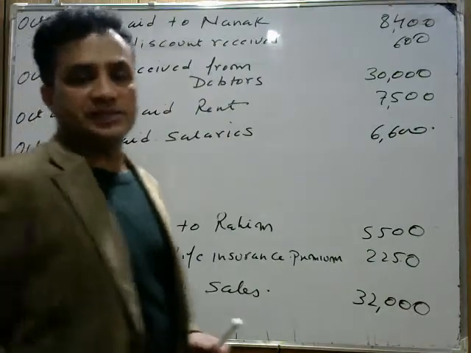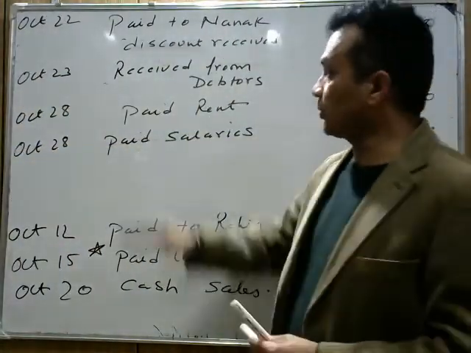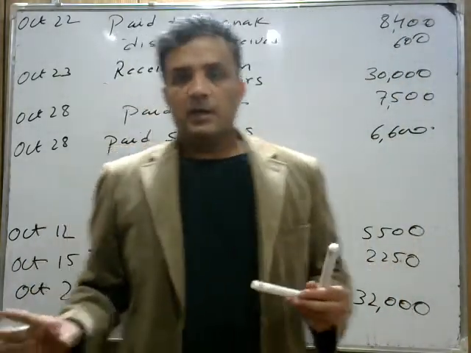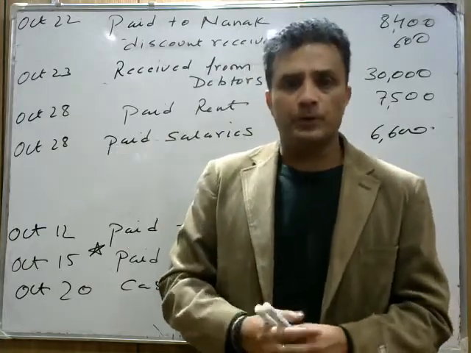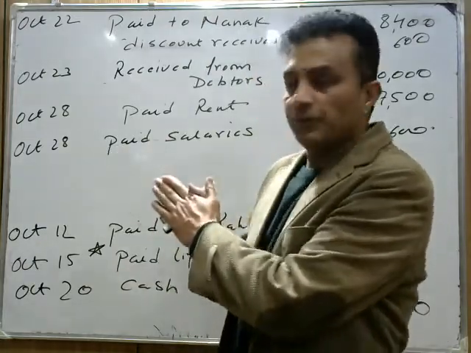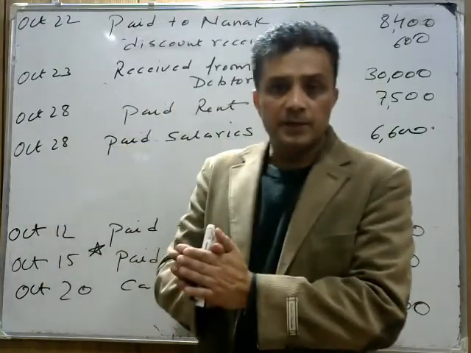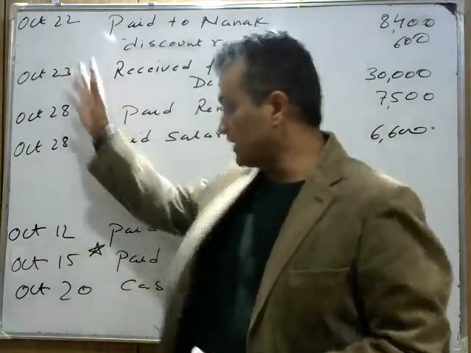Now this is what the question is all about. Now we have to make the double column cash book in order to record these transactions. The rule is simple. I hope it's very easy. I know that most students can do it on their own. If you have any doubt, I will solve it for you. So solve it with me only. Don't wait. Take out your pen and piece of paper where we record these transactions.